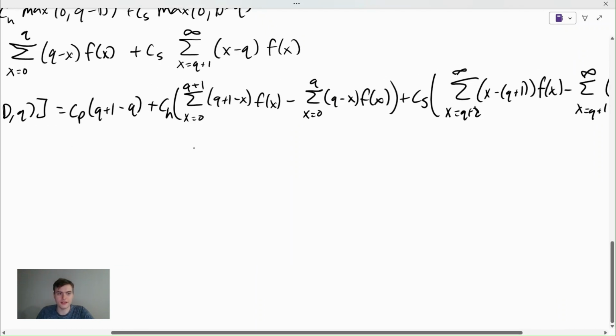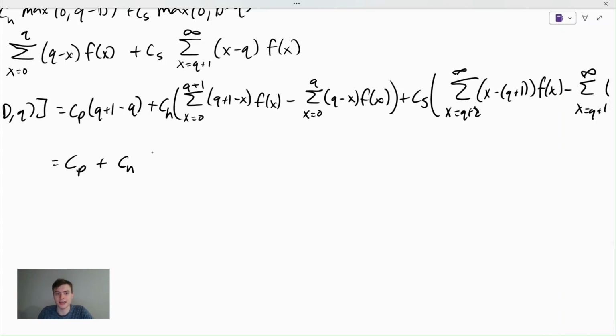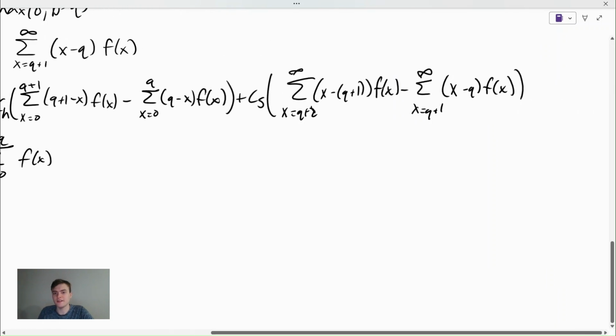So we get, well, first of all, q plus 1 minus q is just 1. So we have cp plus ch times, as I was saying, the summation from x equals 0 to q times 1 times f of x. And then over here, it's the same sort of thing, except now